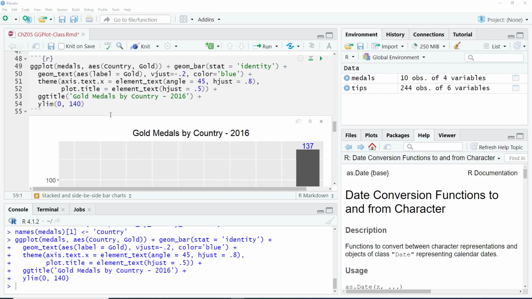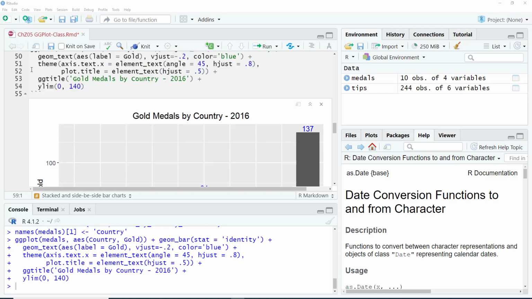Now, stat equal to ..count.. is the default, which means it will go through the column, count how many values there are for each unique factor level, each unique category, and then plot that. So that's ..count... But when the data is already summarized, then you use stat equal to identity, which is what we did here,